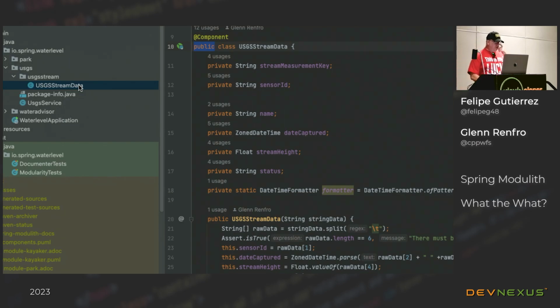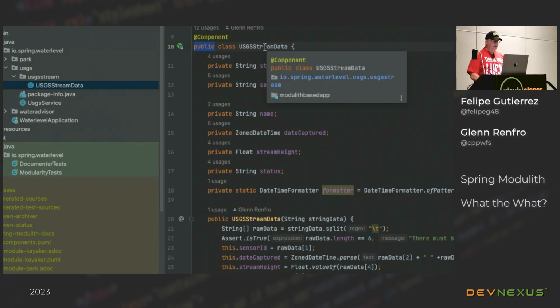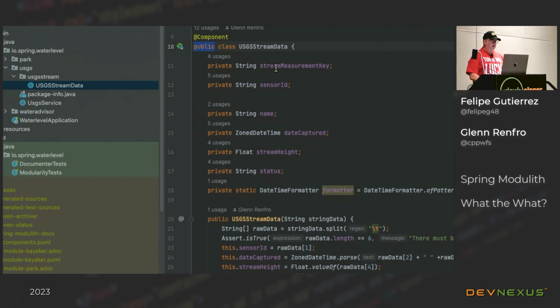All right, so what we're going to do real quick is talk about the USGS stream data here. It is used only by the USGS service, and I don't want this exposed to other objects. So the way that I do that is by putting it in USGS stream. But the problem is, in order for that USGS service to use it, it has to be declared public.